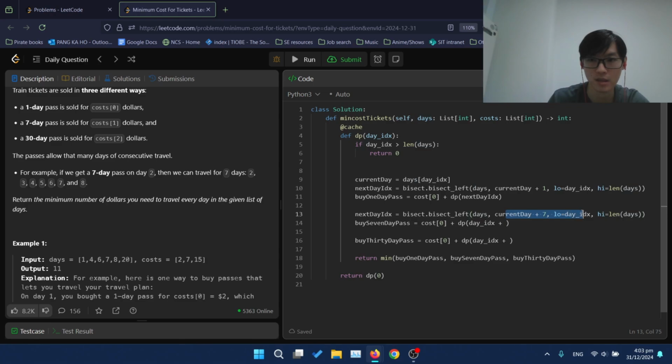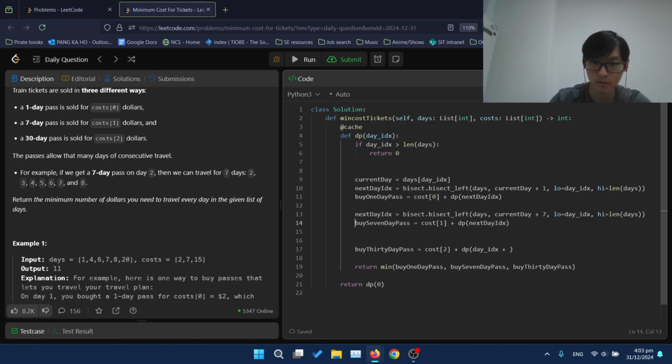Bisect left, days, current days. This will return us the index. And also, this is cost of 1. This is cost of 2. Current day plus 30. This is just next day index.